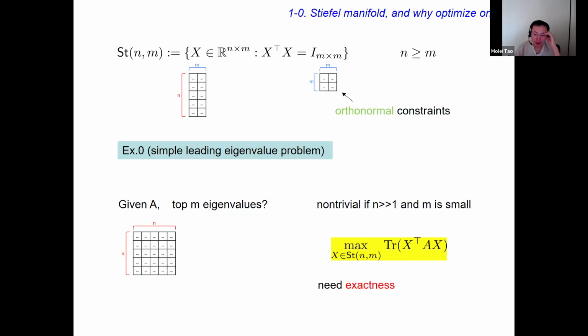But it's very important that you do this in an exact fashion. In machine learning, especially among practitioners, people have a trend of thinking, oh, I can implement any constraint. I just have to add a regularizer to the loss function. So you can add a regularizer to this loss function to enforce near satisfaction of the constraint, but that's not good, because you will destroy the orthonormality of the basis, and then your result will be very wrong. So here you actually have to do this optimization exactly on the manifold.